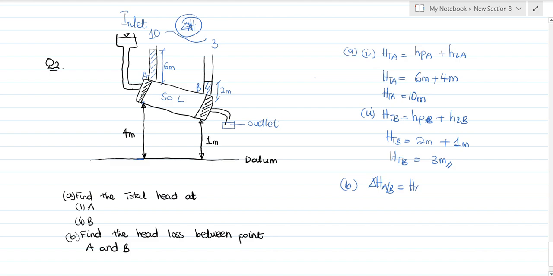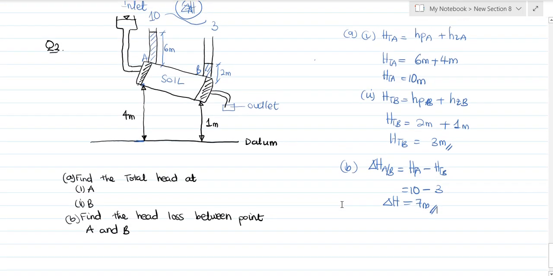So between A and B, total heads. The total head at A is 10, at B is 3. So the head loss is 7 meters. So we have a head loss of 7 meters. Yeah. So basically that is it. So our next